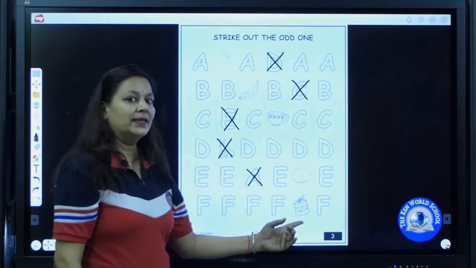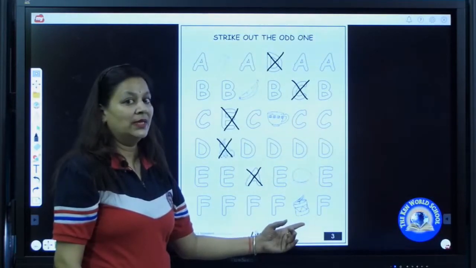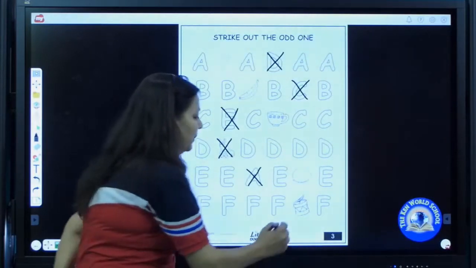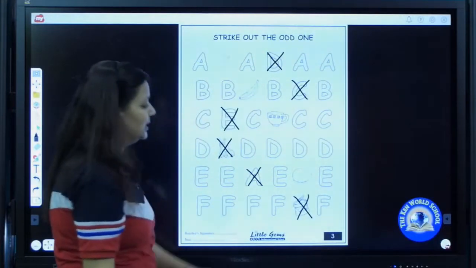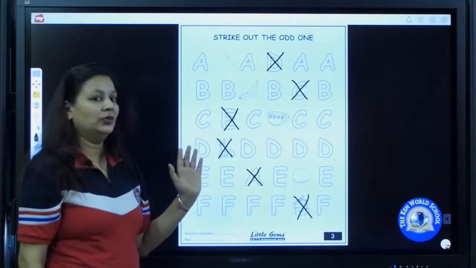No. It has the sound of D. So it has a different sound. So we will cross drum. Now I have completed my whole sheet.